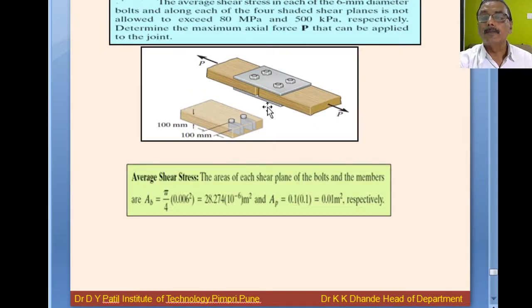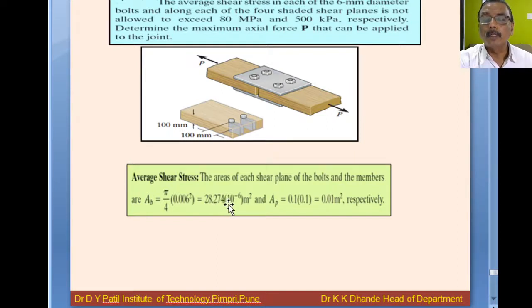Now observe here, two plates are connected with the help of another plate, bolted by 4 bolts. At one time 80 megapascal stress is induced and on the other side 500 kilopascal stress is induced. So shear area of that bolt: the diameter of the bolt is 6 mm, there are 4 bolts, so pi by 4 into 0.006, we have converted into meter, so you will get the area of bolt